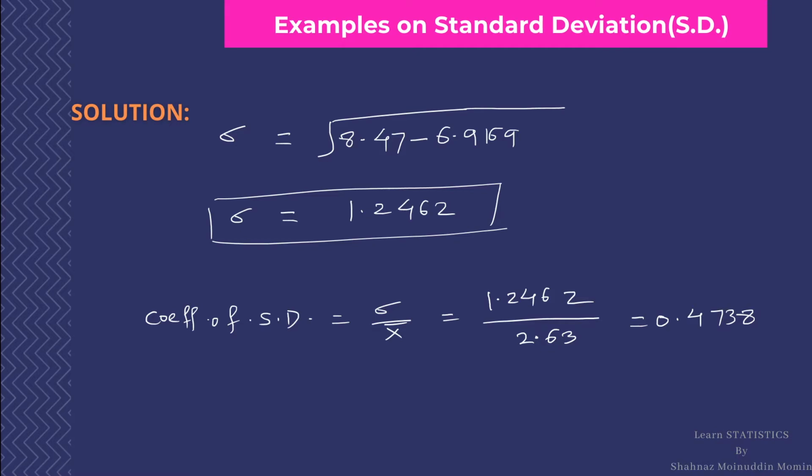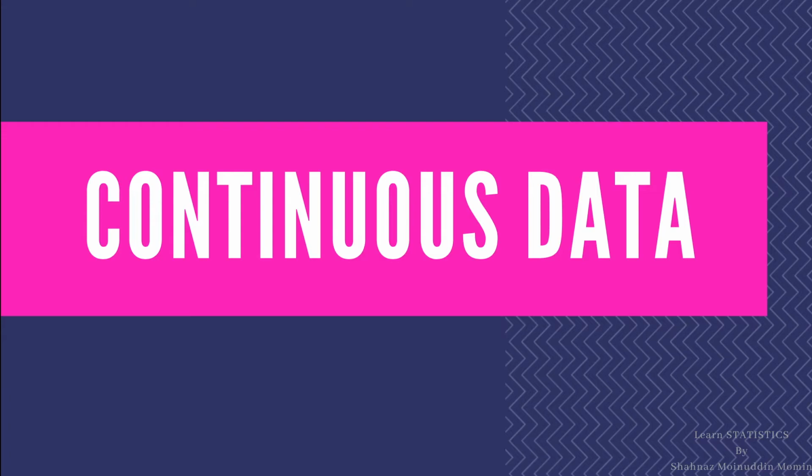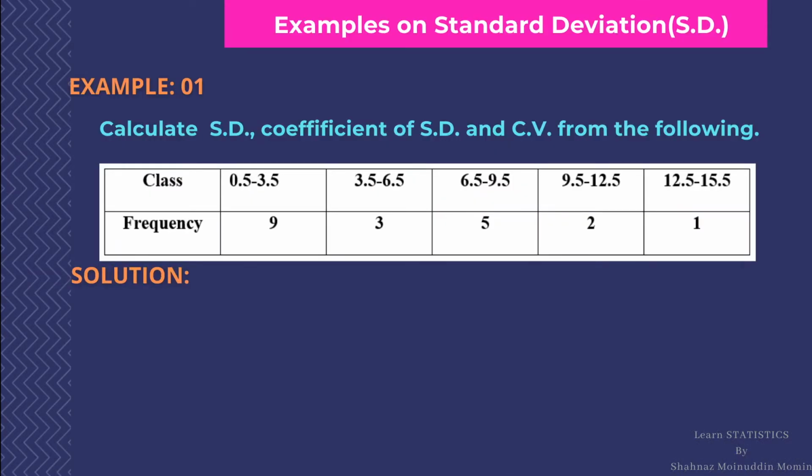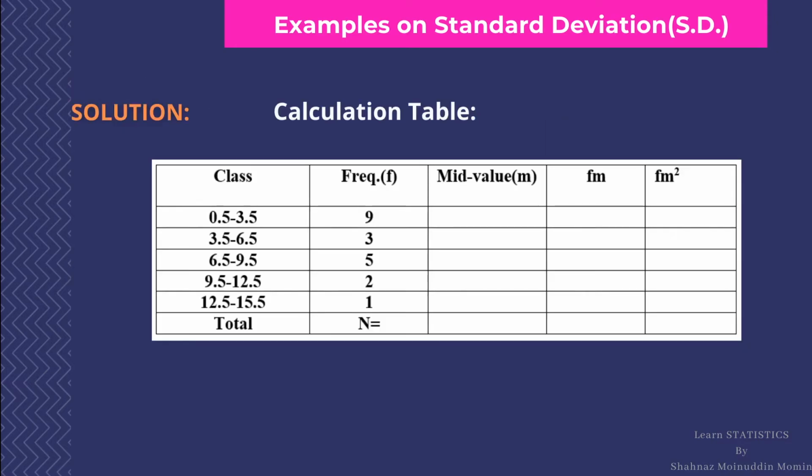Now we shall consider the continuous data to obtain the standard deviation. In the continuous data, we are given the classes and their corresponding frequencies. Here we are given classes as 0.5 to 3.5, like that, and then frequencies are given. Let us prepare a calculation table. Write down the class and frequency in the vertical manner, then obtain the midpoints. Midpoints are obtained by adding lower limit plus upper limit divided by 2. So the first midpoint is 0.5 plus 3.5 divided by 2, and that comes out to be